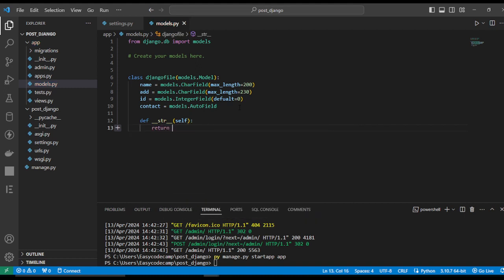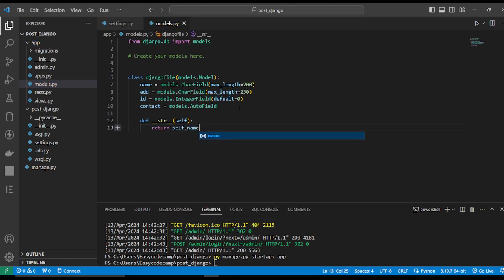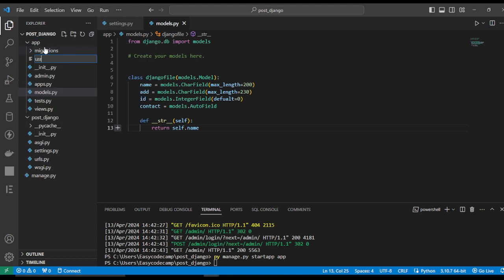We can return the self name. Okay, we should execute the migration with the model class. The first thing we should make is the URLs. Of course, this